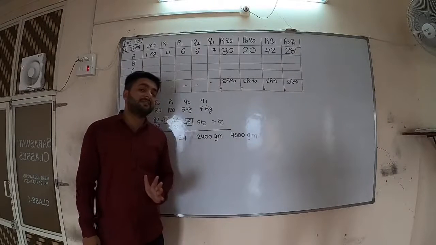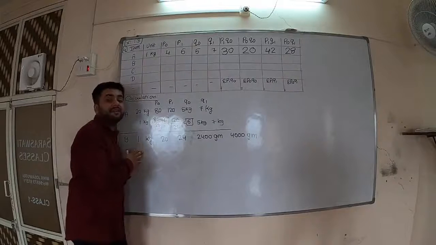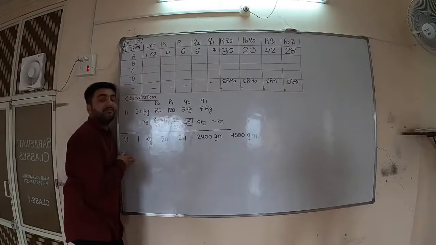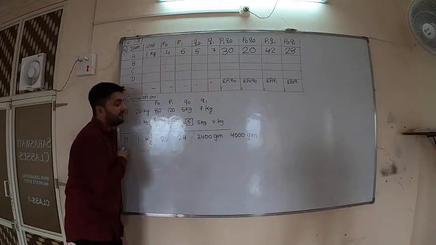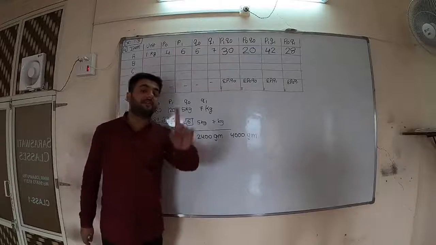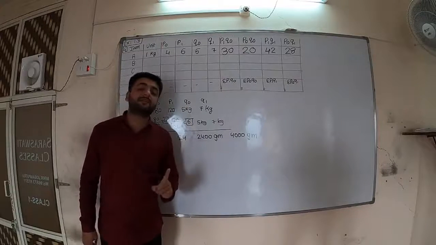Why convert this itself? Otherwise what will be done? First you will write 1000 gram here. Now the units are same. Again here instead of 1 we are having 1000. So again you need 20 by 1000, 24 by 1000. So your calculation will be double, but your answer will not change.